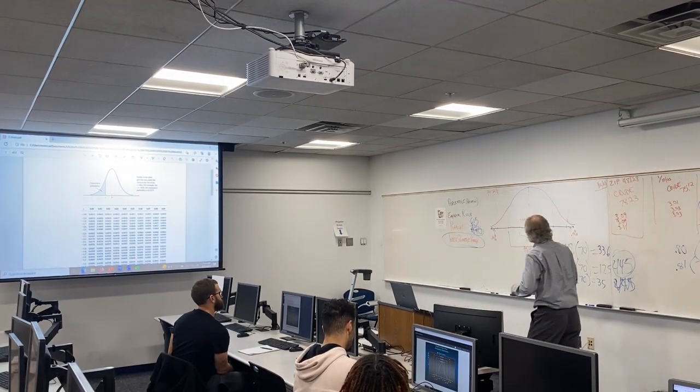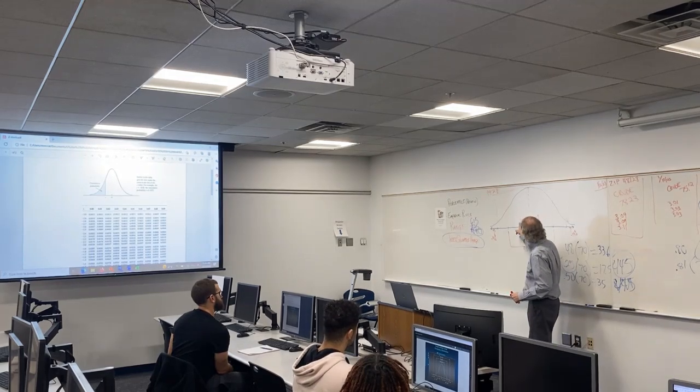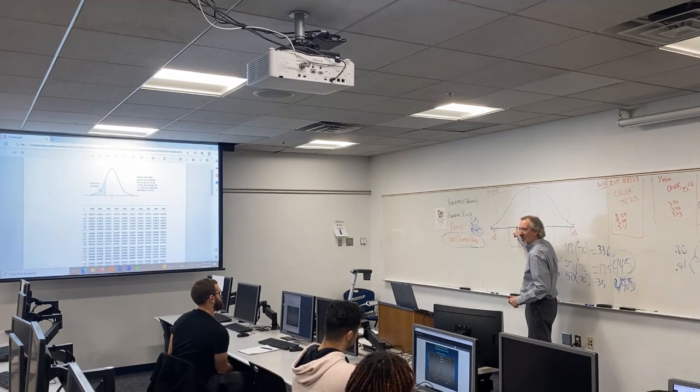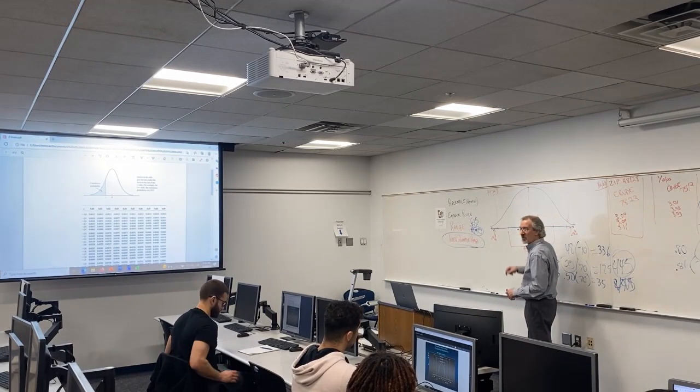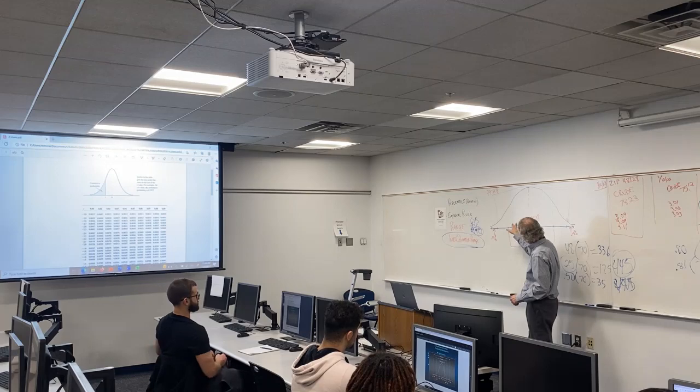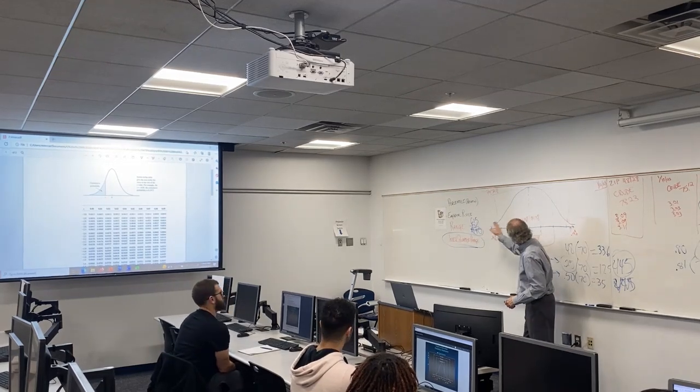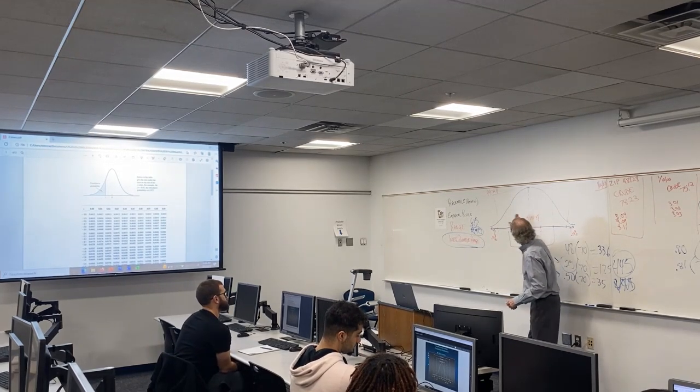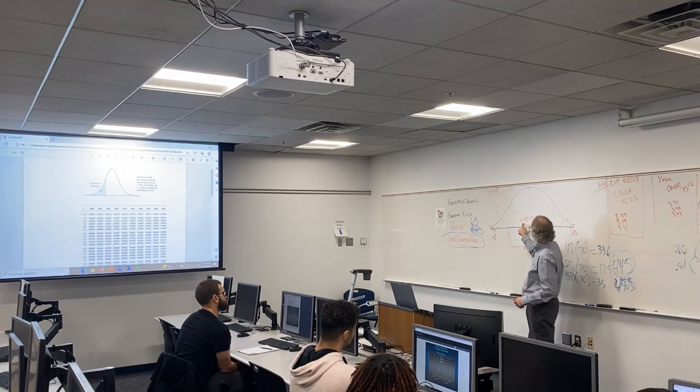Now, I've said to you, right here at -1, we could take 50% minus 34.13. So take 50, anybody with a calculator, 2 people at least, take 50 minus 34.13 and tell me what you get. That would be the shaded area from -1 right there to the left, the whole rest of this tail. We know it's 50% there, we're not shading this, just from there over. So 50 minus that would be what,